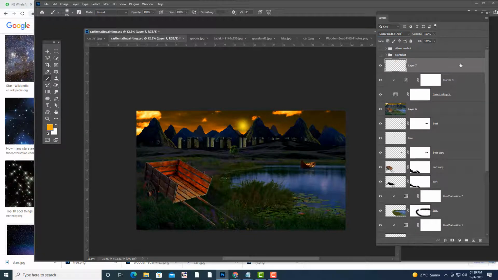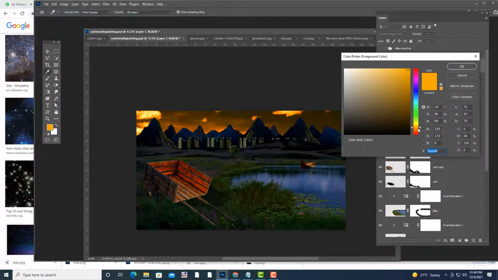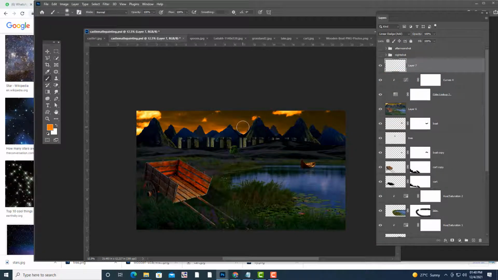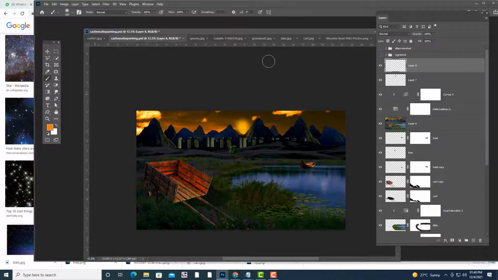Then we'll do one thing. Instead we'll take a pure dark orange color. Then we'll take one more layer and select the linear dodge.